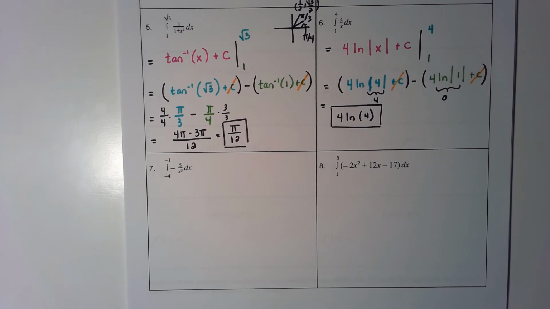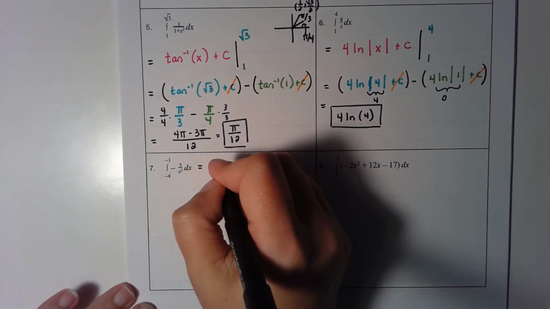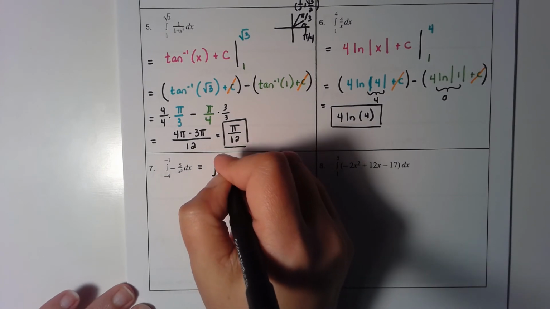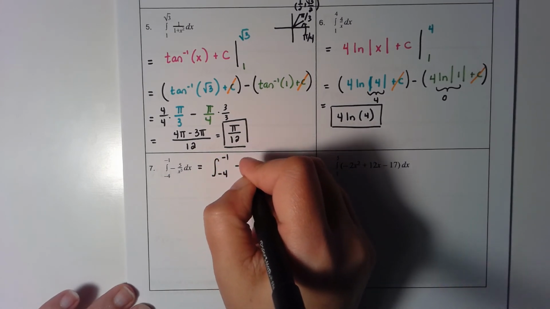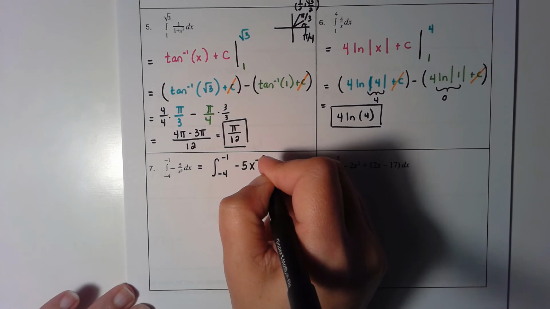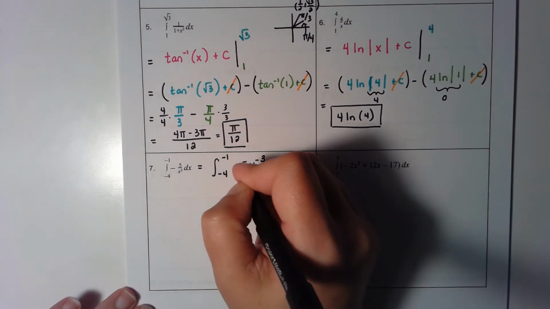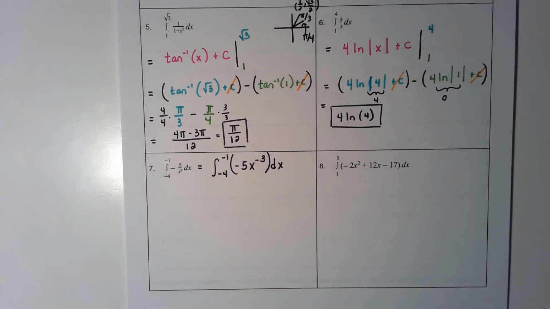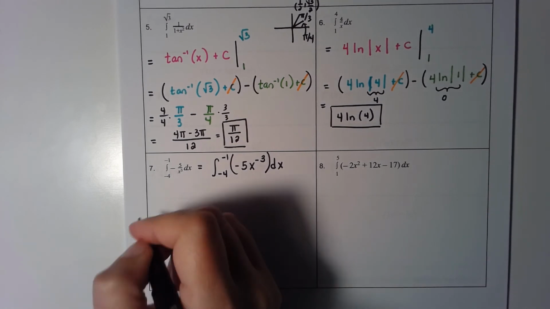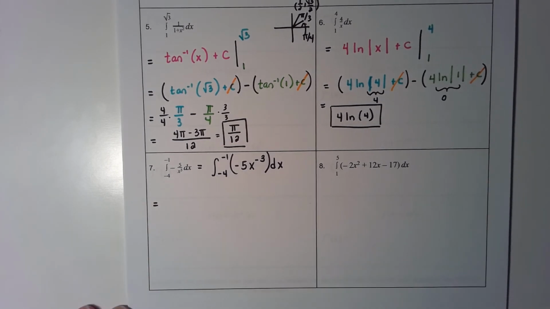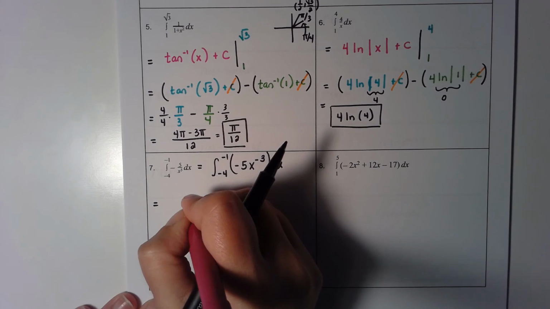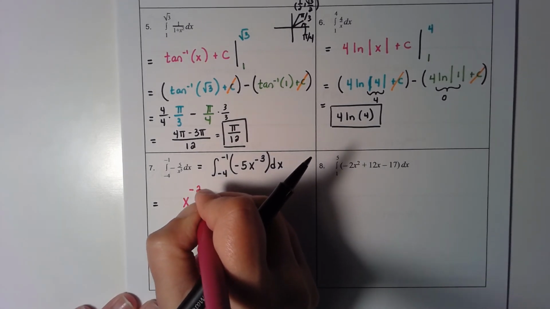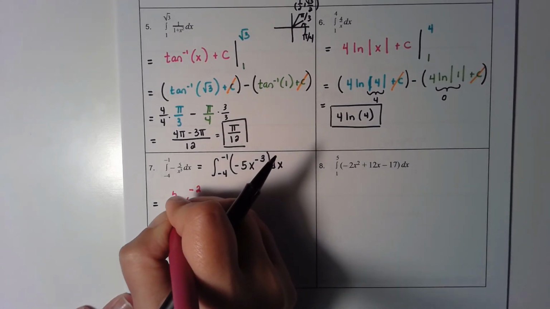Next for number 7. So before I try to do this antiderivative for this problem, I'm going to go ahead and rewrite the original problem as negative 5x to the negative 3. I find it easier to do the antiderivative when I have a negative exponent. You don't have to do it that way, but I find it significantly easier. So now I'm going to add 1 to my exponent. So I'm going to have x to the negative 2, and then I'm going to divide by negative 2, which